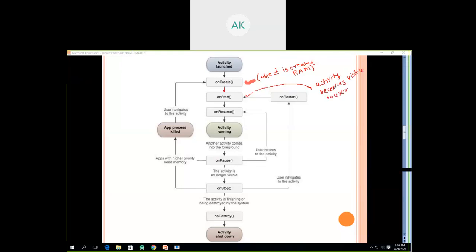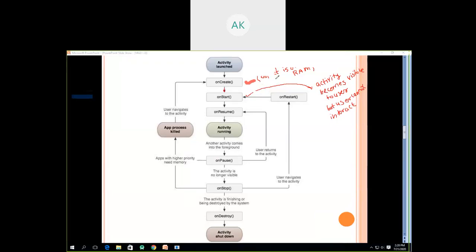But one important thing here: the activity is visible to the user, but the user cannot interact with it. So just remember, in onCreate the activity is not visible to the user, its object is just created inside RAM.